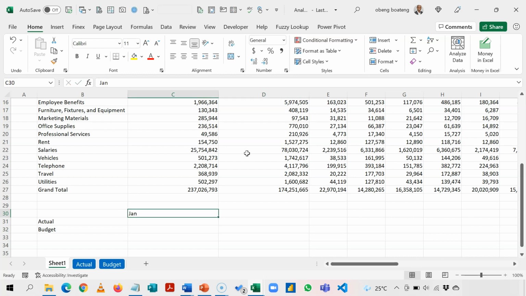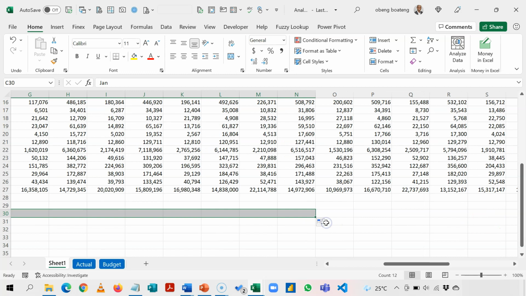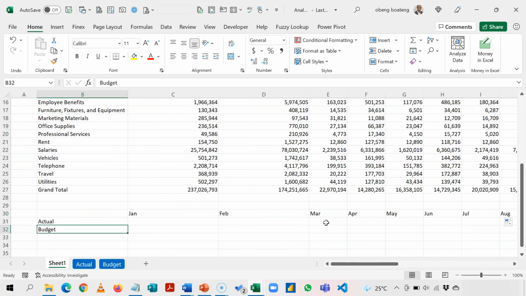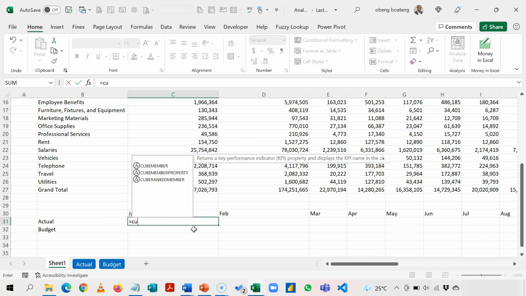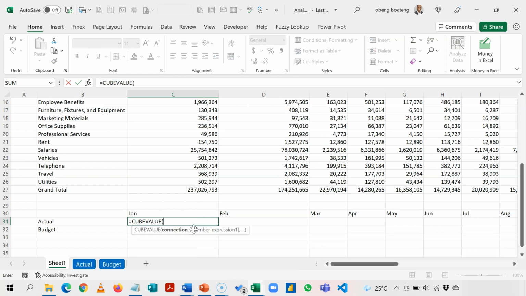So I'll come here and then lay this out, actual, budget, and then the first month is January, and then Feb. I highlight these two and then I'll stretch it out to December. My goal is to use CUBEVALUE to calculate the total actual for each month, and then step in here and do same for budget. Now to do that, we introduce this formula, CUBEVALUE,